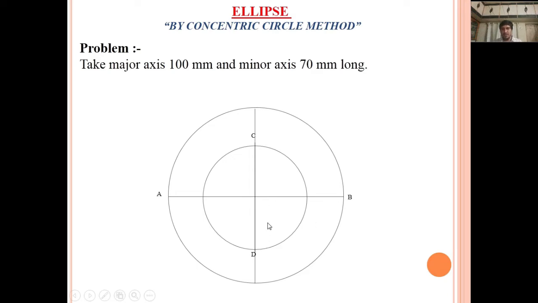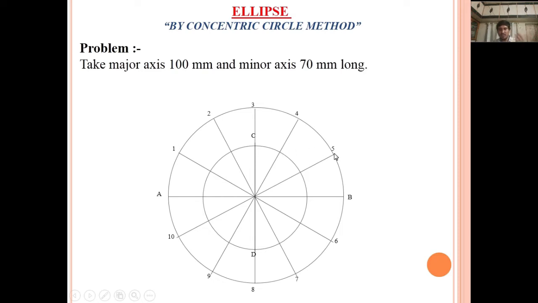Now these two circles are divided into 12 equal parts, like this. These are our 12 equal parts: 1 2 3 4 5, here this point B, after that 6 7 8 9 10, here this point A, means point A is considered as 0, then after 1 2 3 4 5 6, B point is 6, 7 8 9 10 11 and 12. These are the 12 equal parts of the outer circle.